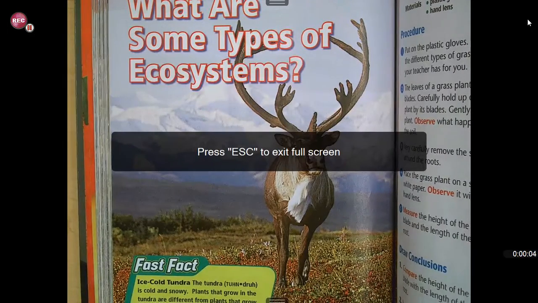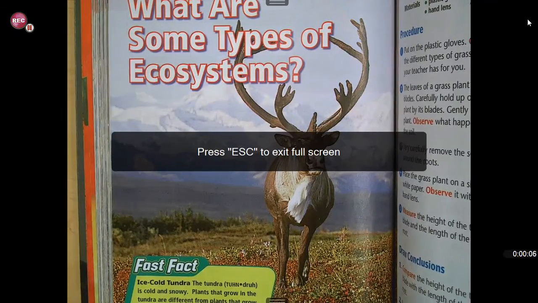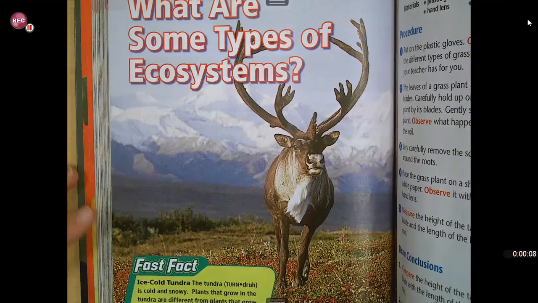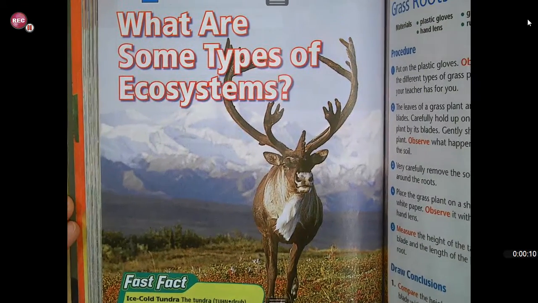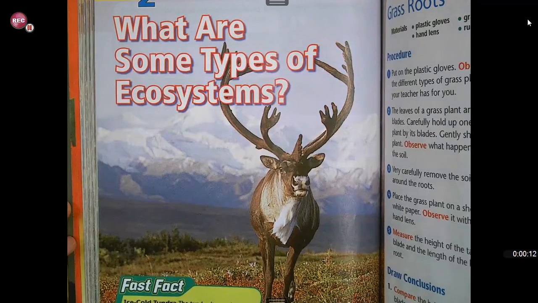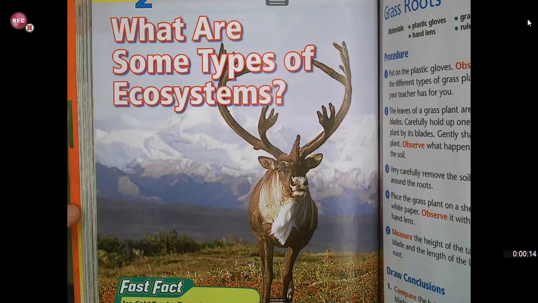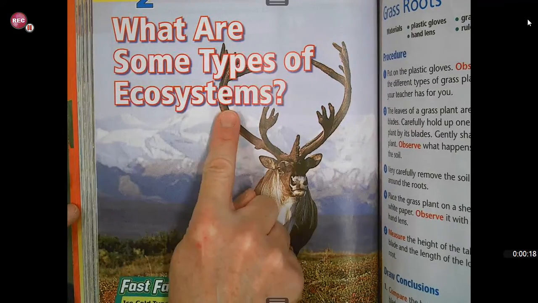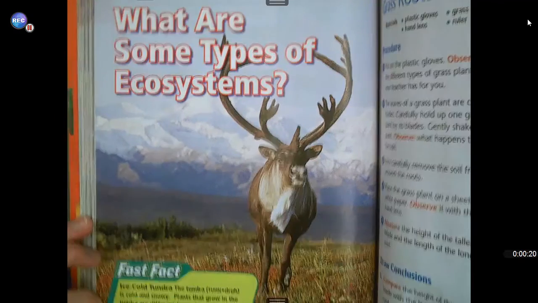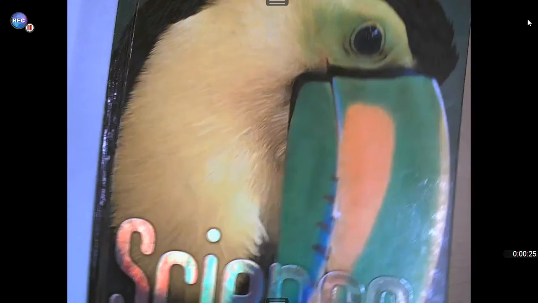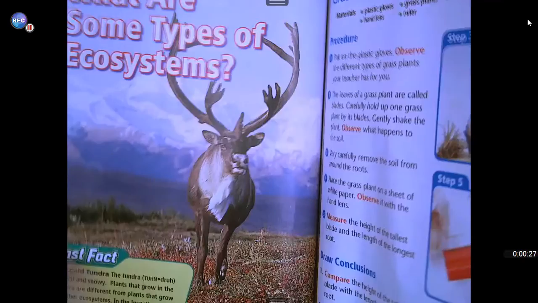Hi, third graders. Today for your science assignment, you are going to create a visual, that means something that you can see, that will show me what your understanding is of ecosystems. So your assignment is to read page 132 of your science book. This is your science book. 132 to page